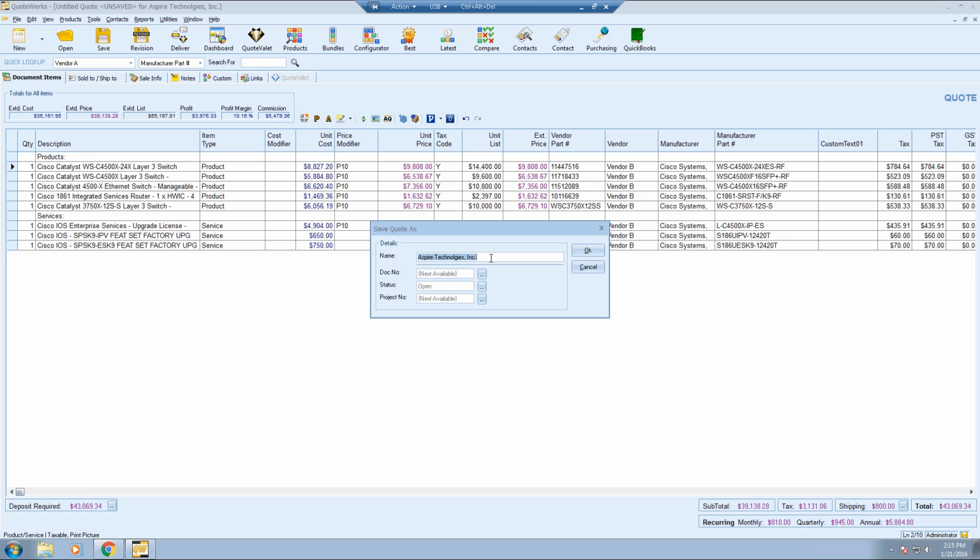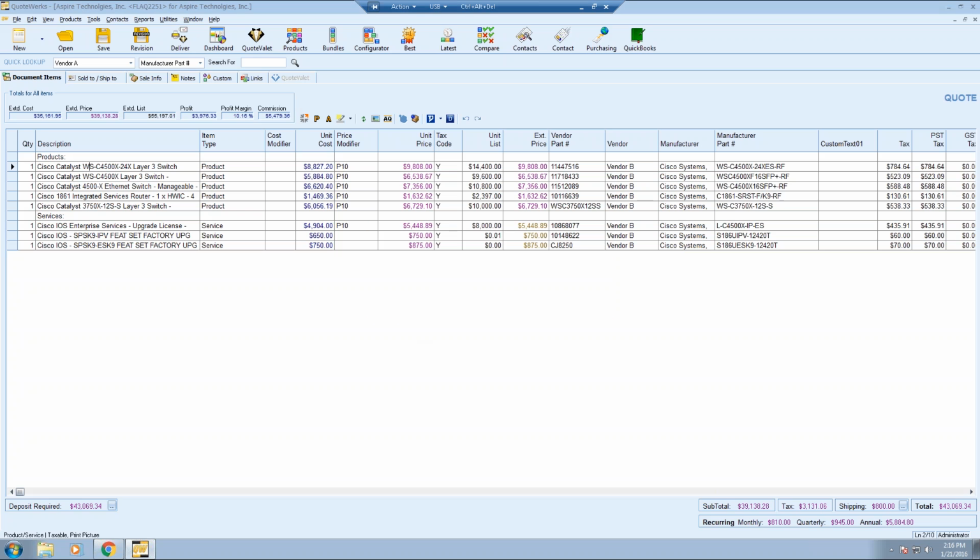usually do. If you're integrating with the CRM or PSA, you'll have your integration options here. You don't have to create the opportunity with your CRM or PSA if you're doing it at that time. You can simply save the document and then save it at a later time to update the opportunity. If you want to do it, you can do that as well, so if you already want to link it. But the important part is just going to be saving it, so we can hit OK, we can save it,